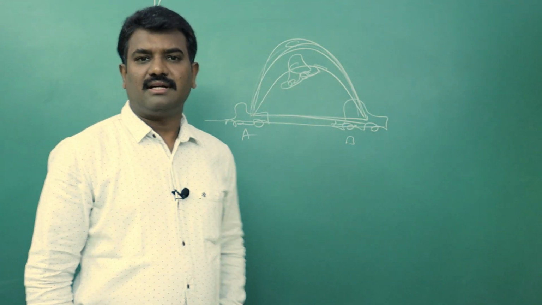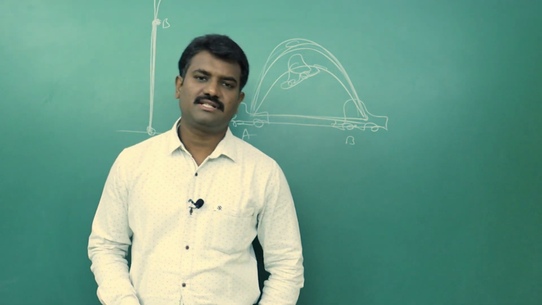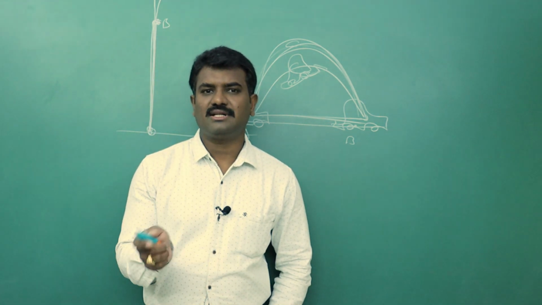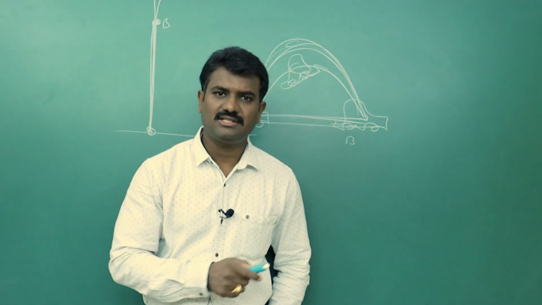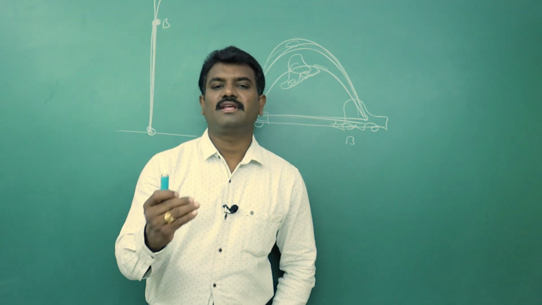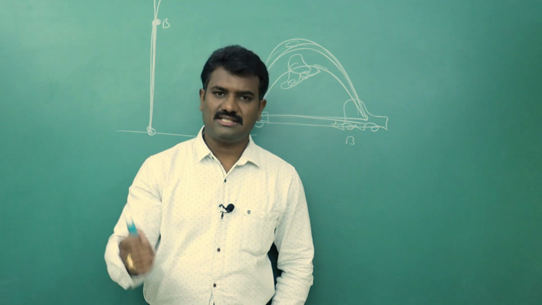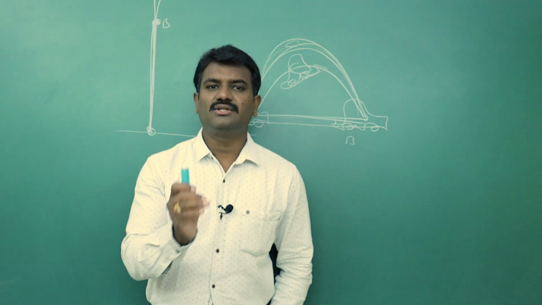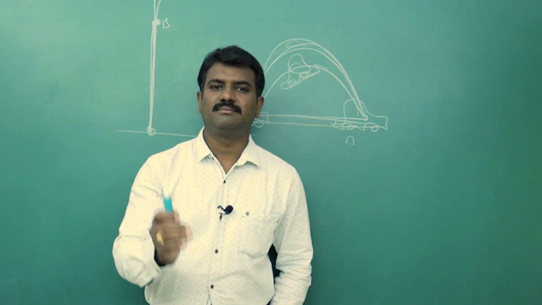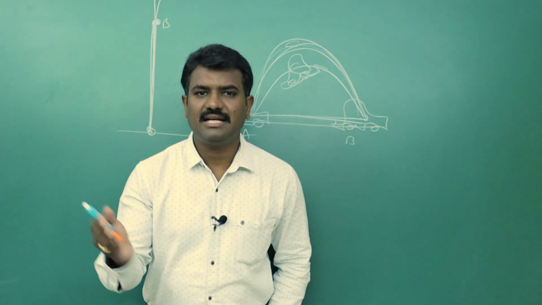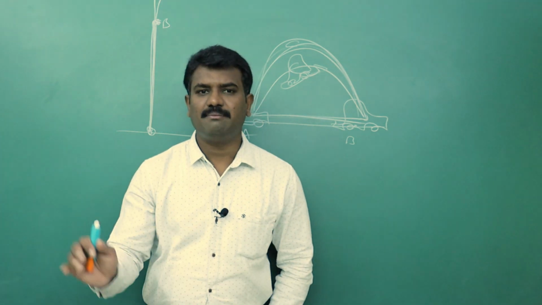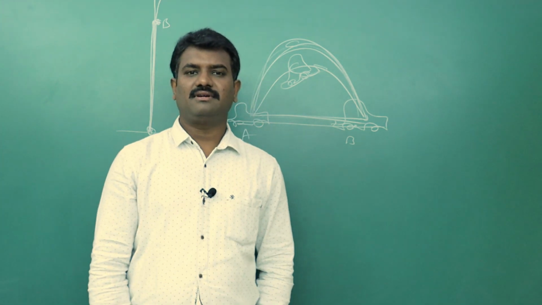Now let us look into our definition for law of conservation of energy. The total mechanical energy, meaning potential energy plus kinetic energy, remains constant when the forces applied on it are conservative only. There should be no work due to the non-conservative force. It means if work is done against friction, then the law of conservation of energy is not applicable. Is it clear? This is our definition.